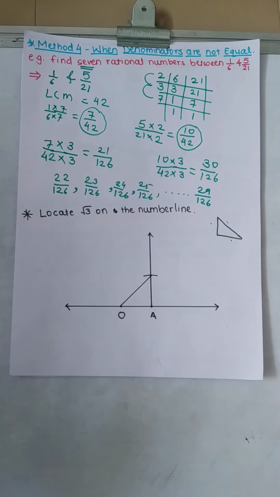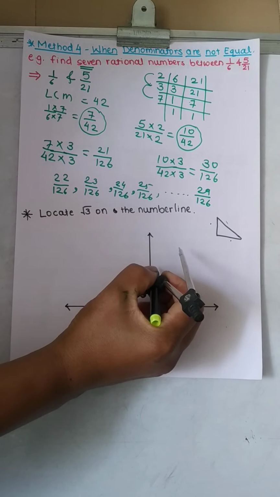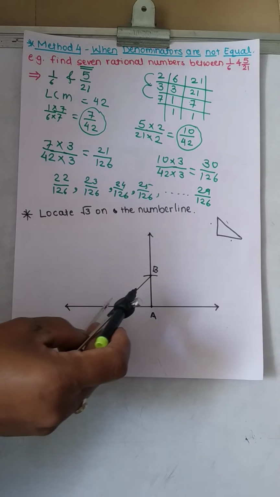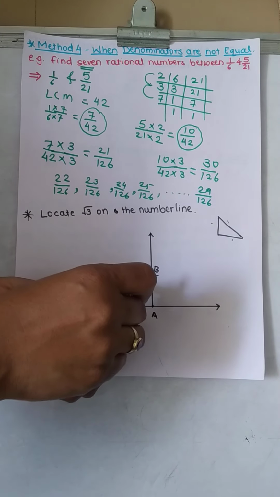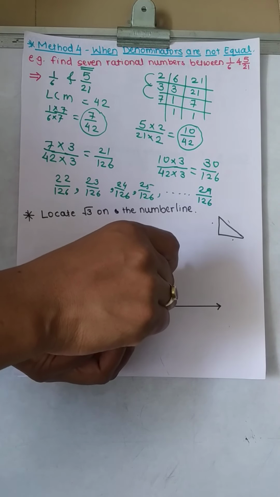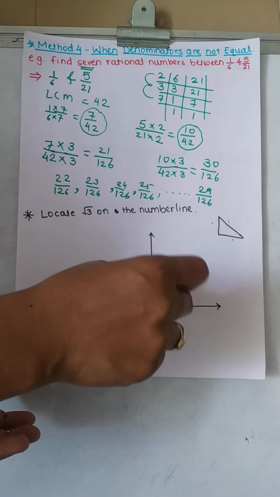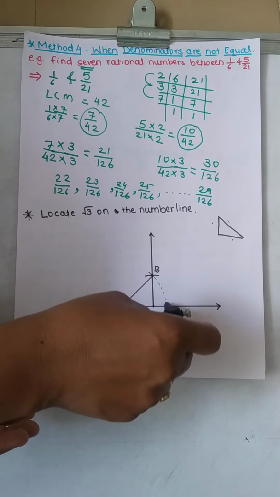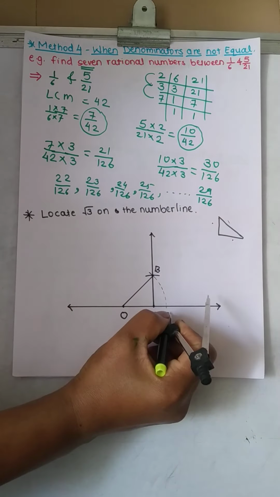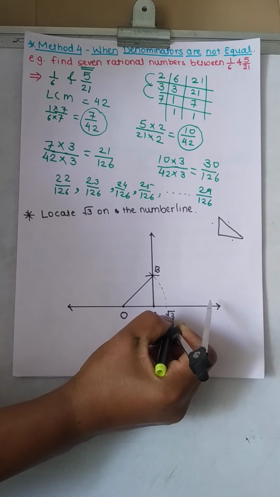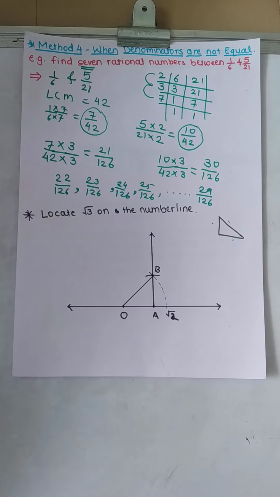Join. Now what? We are just going to keep it on this O. This point also label it. This is B, right? So we will put a pointer on O and we will take that much distance, this much radius distance, and we will draw a dotted line, right? So this dotted line, where it touches the line, this one is nothing but root 2, right?